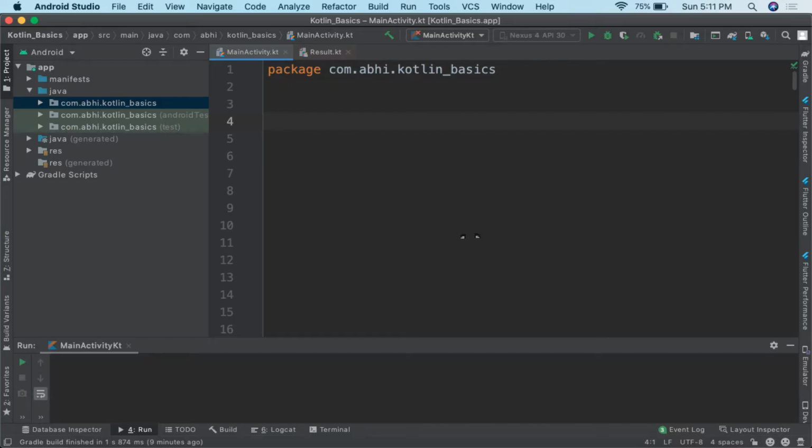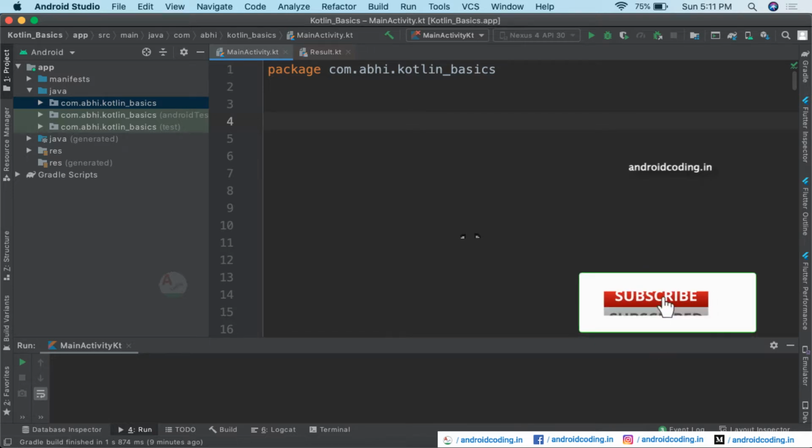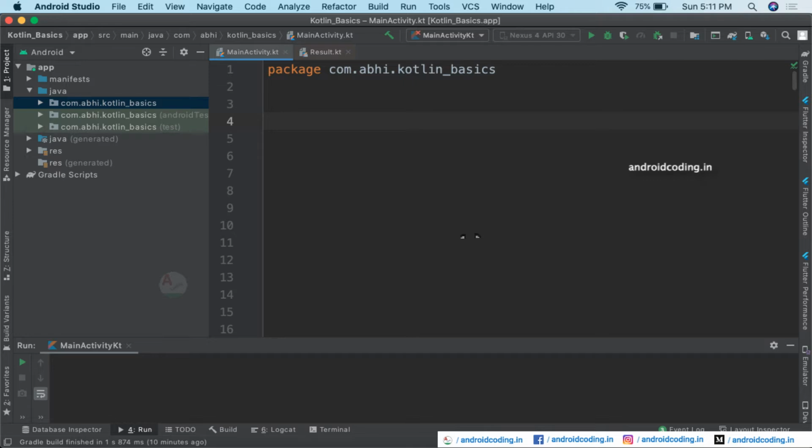In this vlog, we will try to see data classes in Kotlin and what is the use of data classes. So for example, generally we make use of class to hold some data. If you have seen in our Android development tutorials previously, we have created Pojo classes for fetching the data from the APIs and storing them, and also with the help of these Pojo classes we can access the data